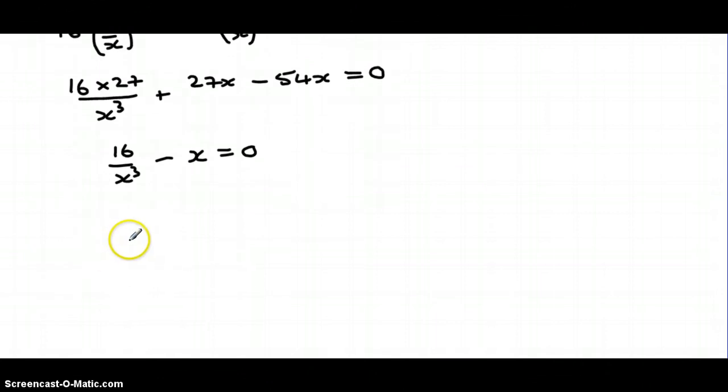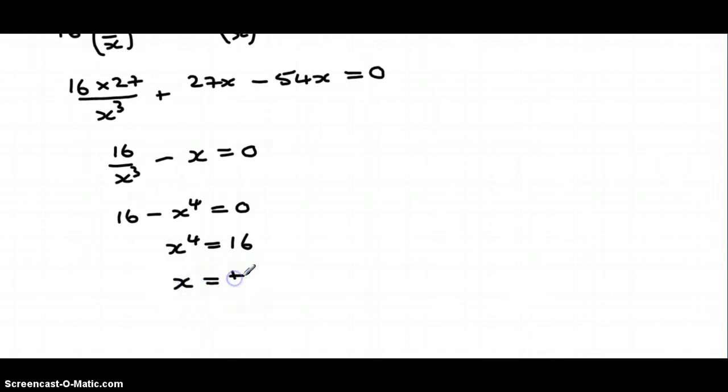I'm just going to multiply everything by x cubed, and we end up with that expression there. So x to the power 4 equals 16, and that means that x could be positive 2 or negative 2. Now if you remember,